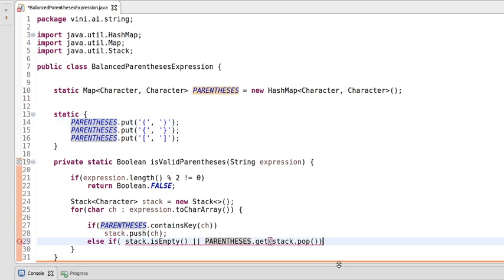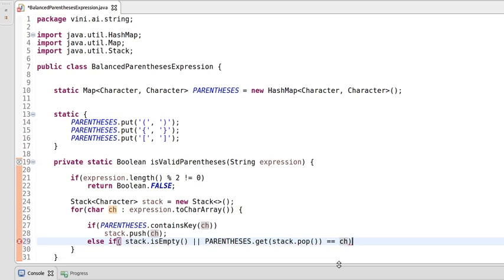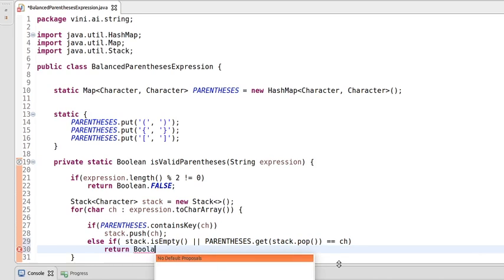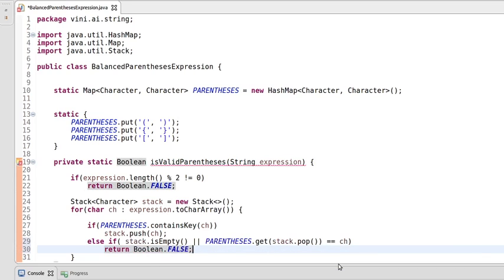Now we'll be checking whether this one is equal to ch or not. If it is, then we will be returning false.